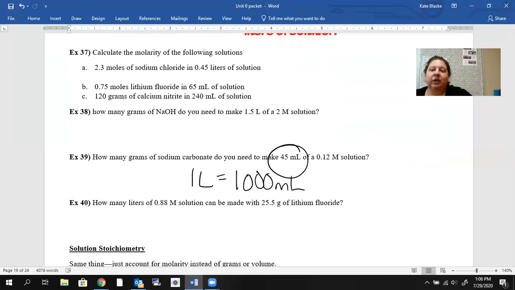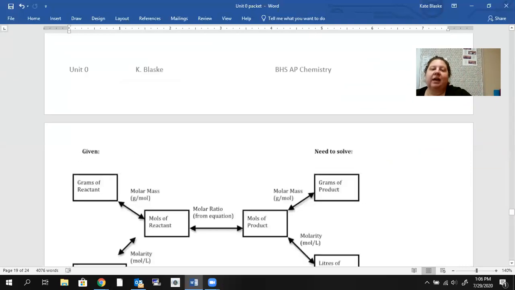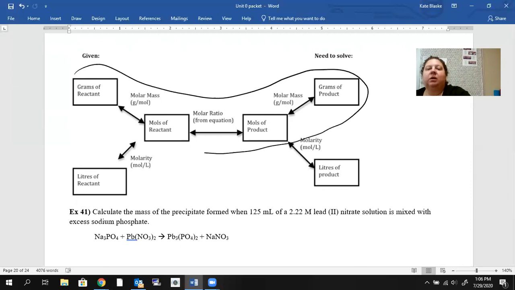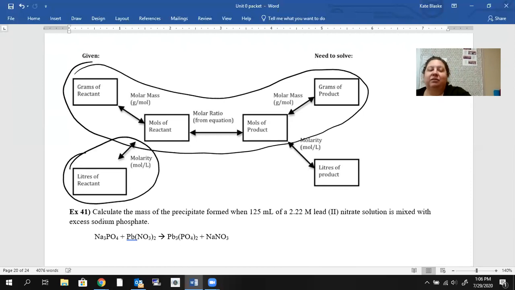Once we have those molarities, we can actually use that in our stoichiometry pathway. So previously we talked about this pathway, going grams to moles to grams. What if we don't have grams? What if we have a volume? We could say, I have 50 milliliters of a 0.5 molar solution. How much product do I get? Well, because we've got moles in there, molarity is an easy way to convert into the moles of chemical